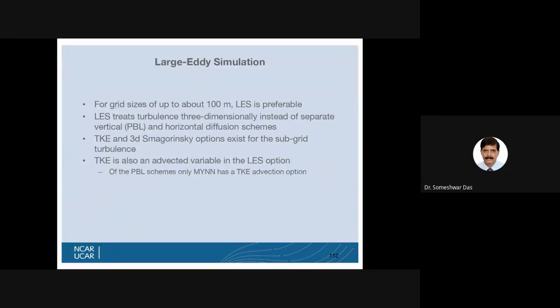Now, if you are interested in simulating large eddies, for example an individual small cumulus cloud, not a very big one, whose scales are less than about 1 kilometer, or a stratocumulus cloud, which is smaller in size, then you can use large eddy simulation.